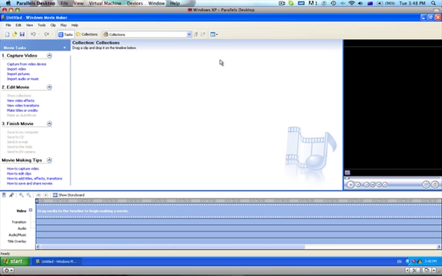Now, you'll see that it's a different layout to the other version, and there are some good things and there are some not so good things about this version. Some good things are that it's a little bit more flexible, but it doesn't have the selection of auto movie effects and pre-done transitions, etc., that the later version does, and it also doesn't allow you to save directly to YouTube. You've got to go through another step to do that. So if you're thinking about updating to another version of Windows, Windows 7 seems very good, and that would probably be a good step to do if you're going to get into more video and more creative things like that